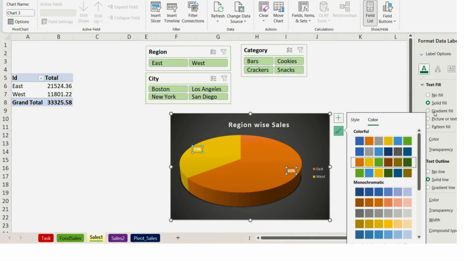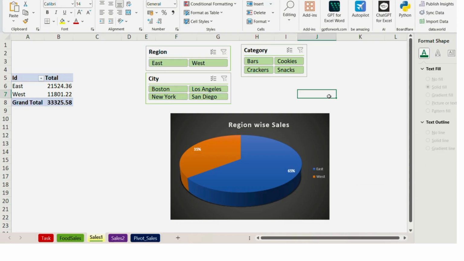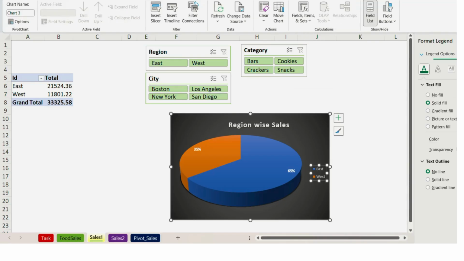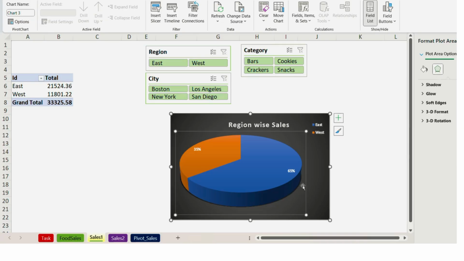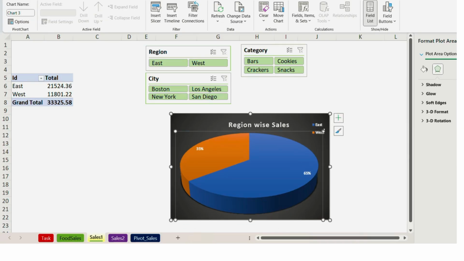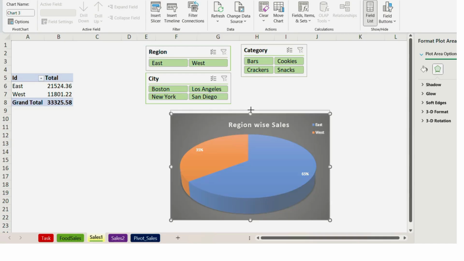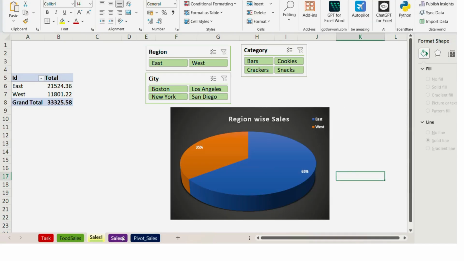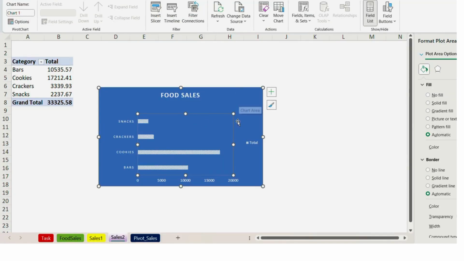And in the pivot chart you can see that I have taken white color so that it is visible, and I've changed the color also, region wise sales color, whatever color you want to have. Here you can see three slicers over there. I've changed the colors of the three slicers also. You can see east and west there, at the side of your pivot chart, to show your pivot chart impressively, or you can show your chart in a very good way, you can keep it at words also.